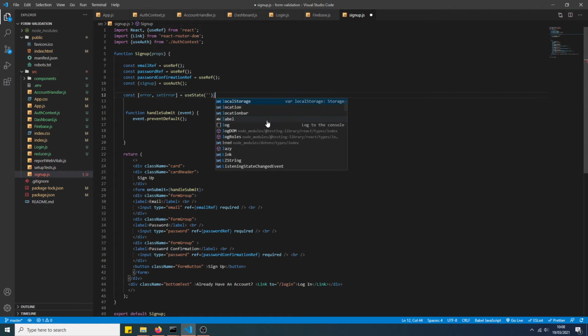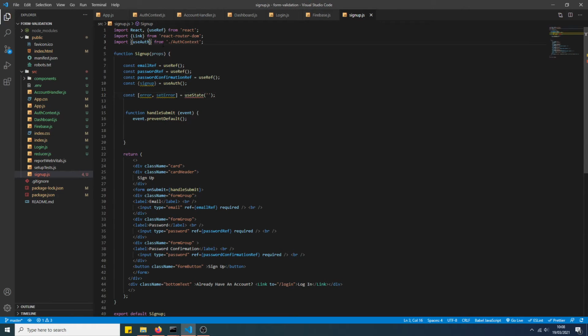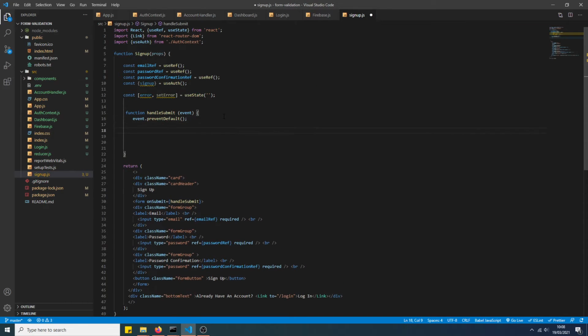Currently set it to be an empty string. Obviously that's not working at the moment because we haven't imported useState. And then we're going to say if password ref, again I've created references to all these text inputs here, so if password ref dot current dot value is not equal to the password confirmation ref, so obviously it is not matching basically,